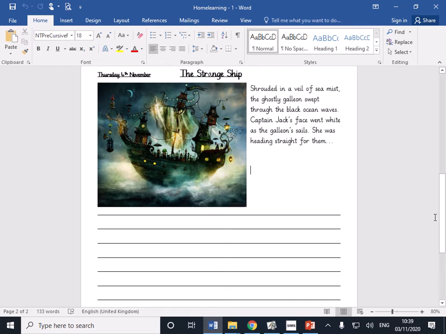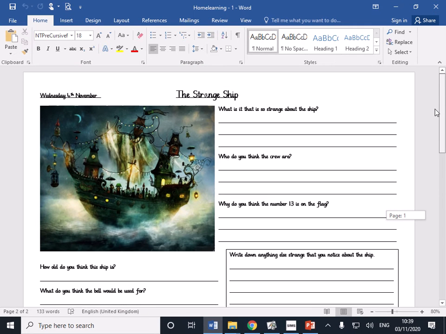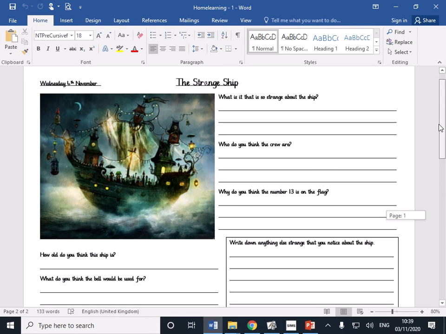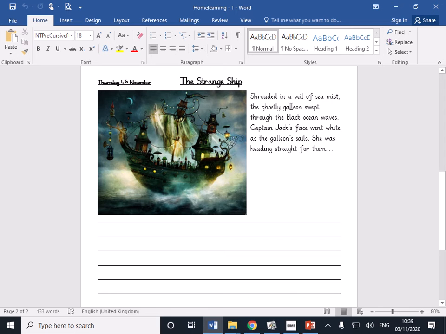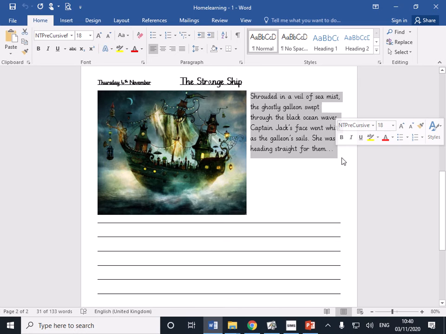So yesterday we had a very quick look at the strange ship, and we should have answered these questions. So today we're going to have a look at this page, which has got a story starter. The aim of today's lesson is to write a very short story about what might happen next after this story